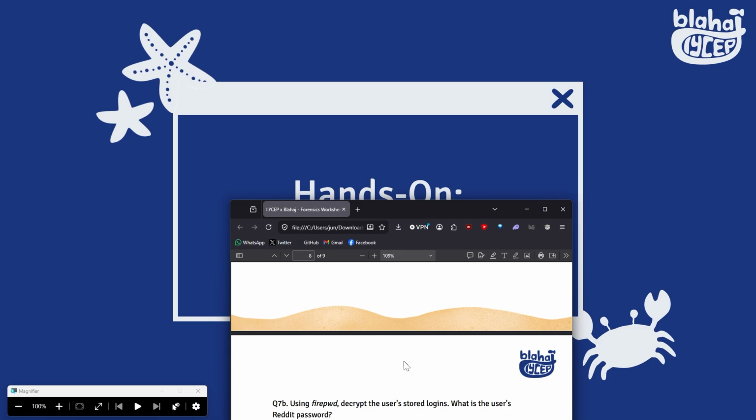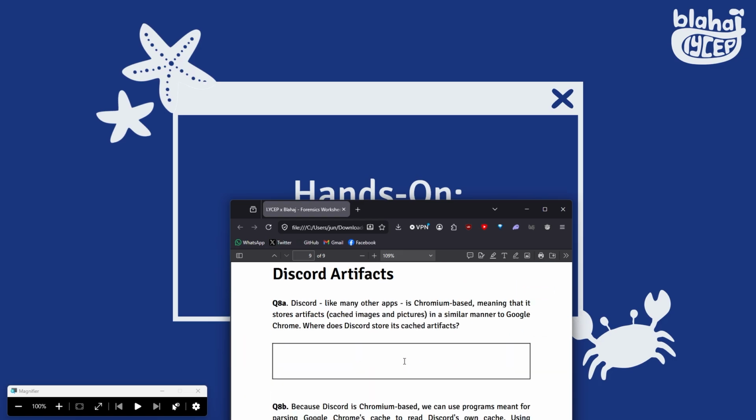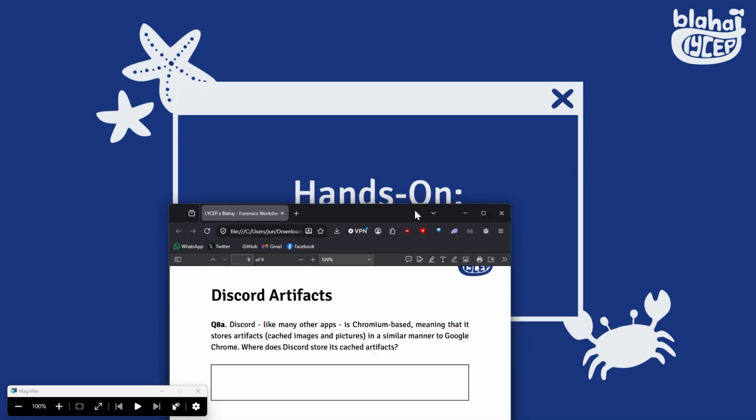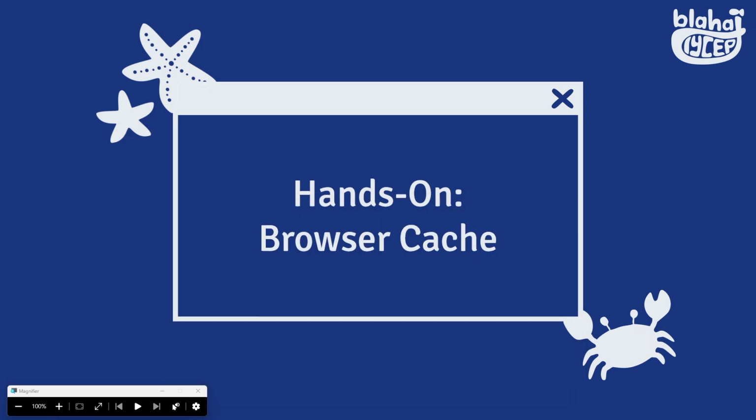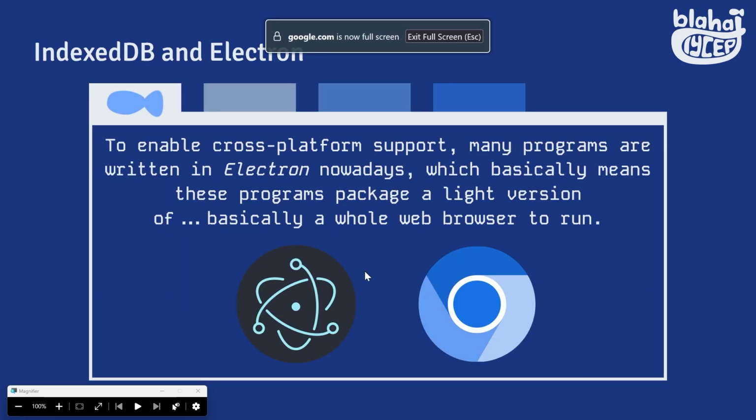So now that we've gone through Firefox and we've used FirePWD to decrypt, the last thing that we want to look at is Discord artifacts. Everyone in the room should have Discord installed, right? If not, like, how? Something very interesting is that nowadays a lot of programs are written with Electron. Notice that Discord has a package that runs on Mac, on Windows and on Linux,